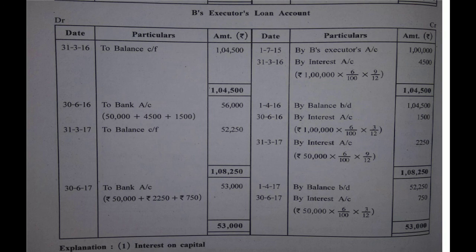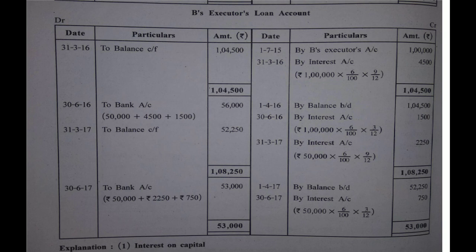Yes, so 1/4/17 से 31/3/17 तक रहते हैं 3 महीने. So we'll calculate the interest on 50,000 for these 3 months. So the interest for 3 months is 750. Now this entire amount is to be paid on this date, that is 31/3/17,